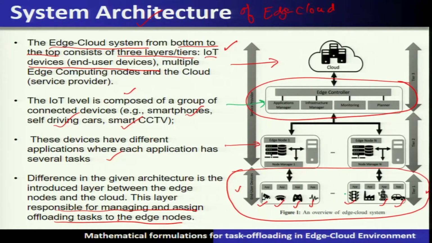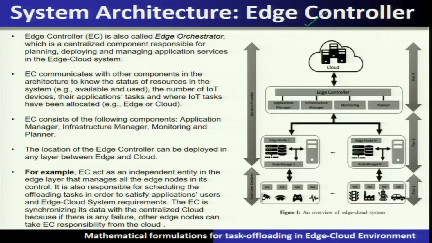So, the edge layer is also known as edge controller or orchestrator. It has different names. Let us get started to know more detail about this important component that is called the edge layer. Sometimes we call it the edge controller, or sometimes the orchestrator, or the edge layer. So, this edge controller sits between the cloud and the edge. This is the edge. So, it sits between the cloud and the edge.